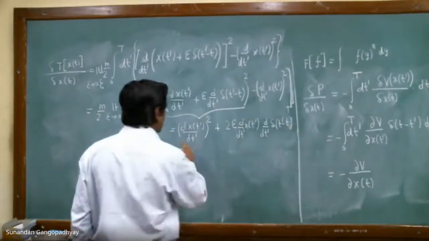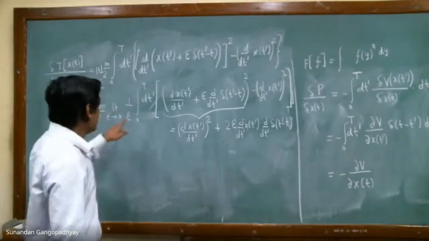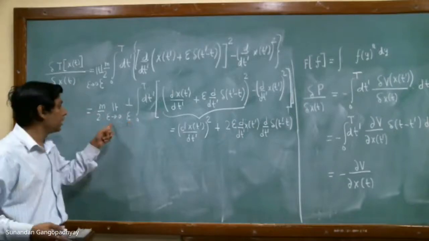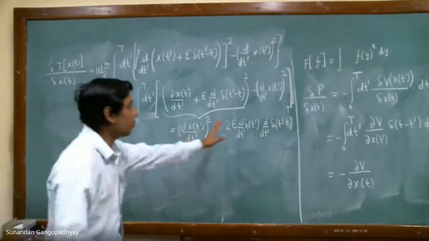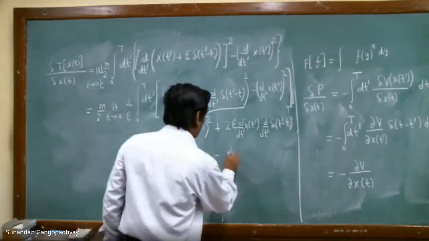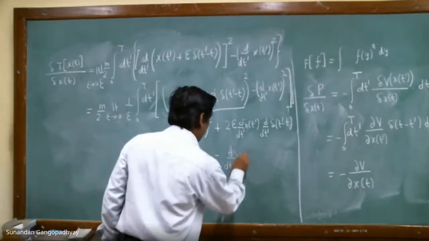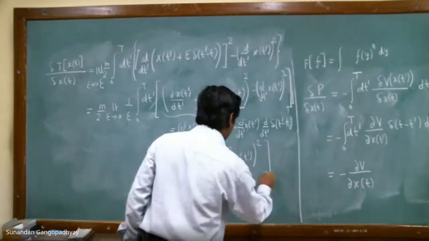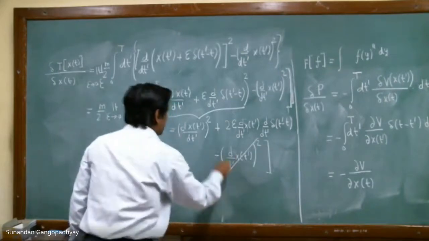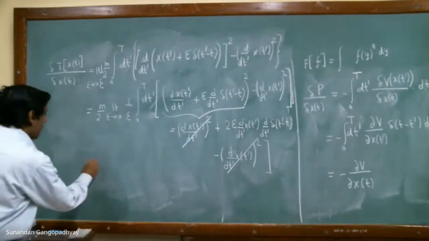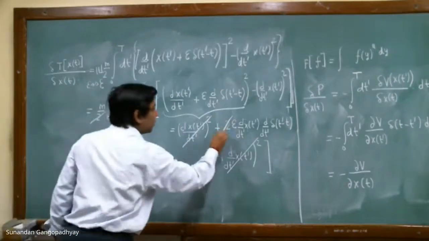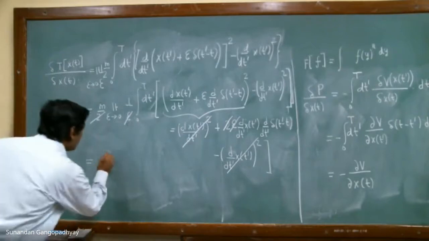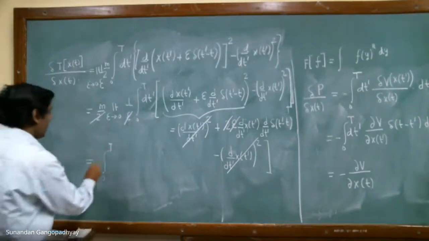And then there will be terms of the order of epsilon square, and those will go to 0 because you have an epsilon downstairs, so it will become a term of the order of epsilon. In the limit epsilon going to 0, it will vanish. So I'm not writing it anymore. So what we will have is x dot whole square. So this term and this term will cancel. The 2 and this 2 will cancel. Epsilon will get cancelled, and therefore what we shall have now is integral 0 to t m.